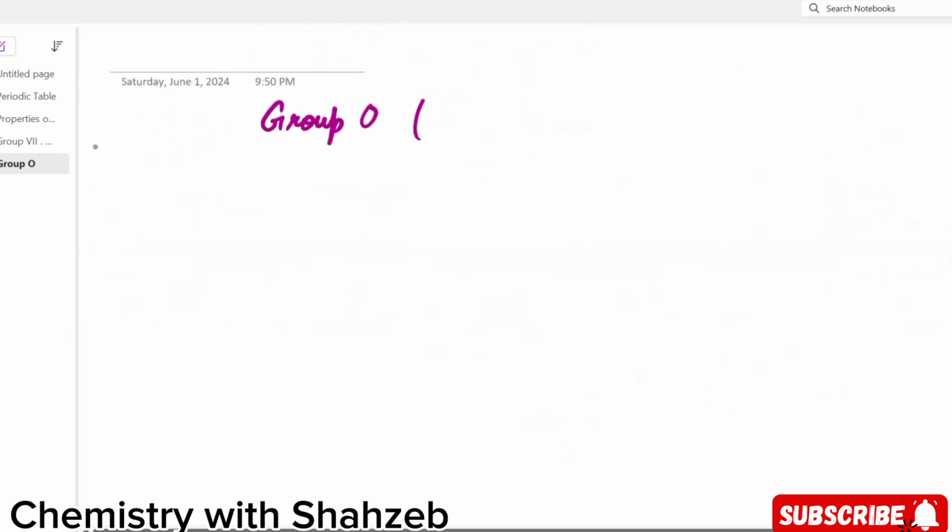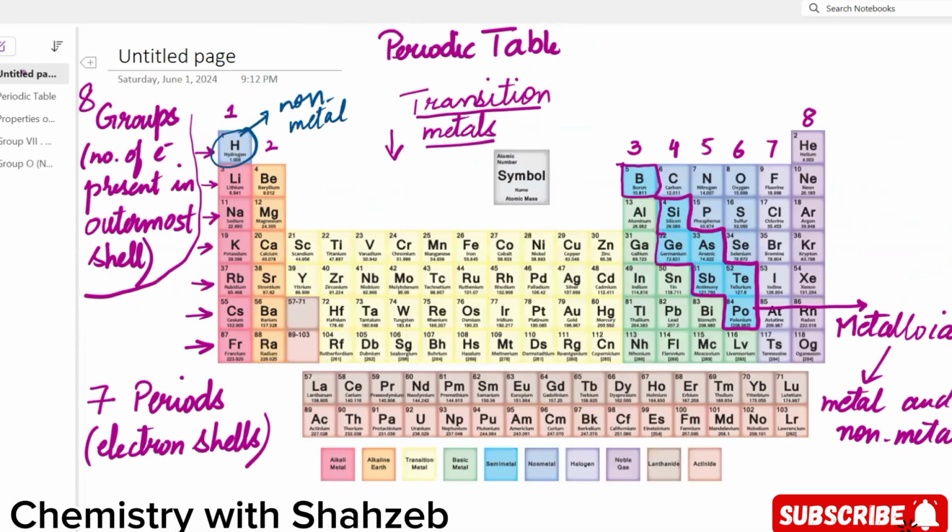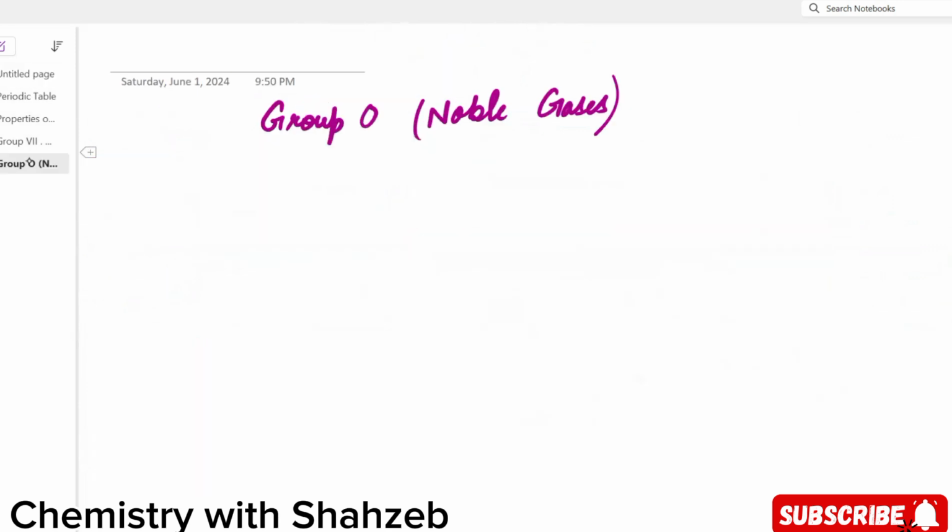Group zero elements. Okay. So group zero are basically noble gases. What are those noble gases? Let's look at them. These are the noble gases: helium, neon, argon, krypton, xenon, radon. Okay, let's write them as well. Helium, then we have neon, argon, krypton, and xenon. They are also called as